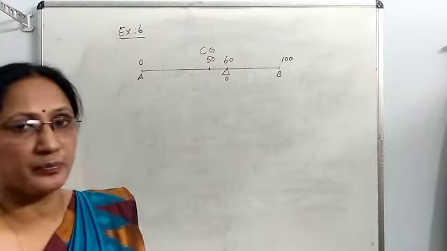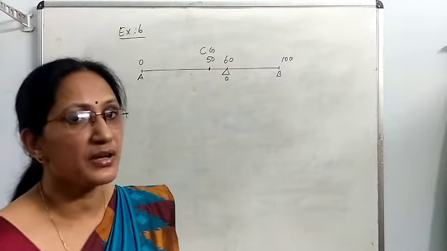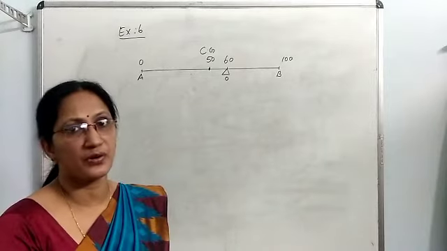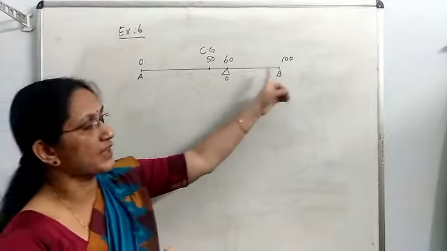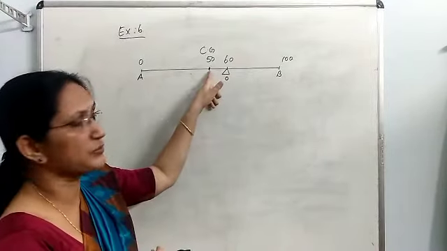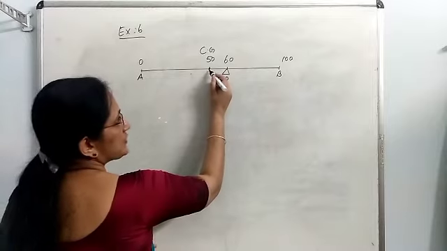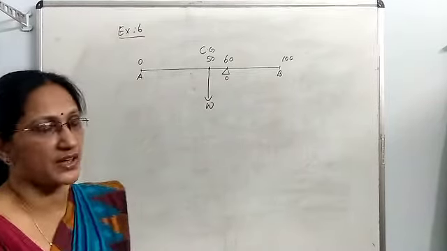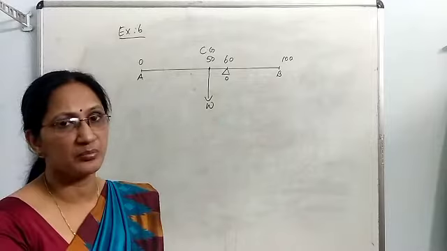In a coming topic, we will see the detailed meaning of center of gravity. That is the point where the weight of a body acts. So the weight of this scale acts at the center of gravity, which is the midpoint. So here the weight acts. We don't know the weight or mass of the scale, so I am just marking it as W.